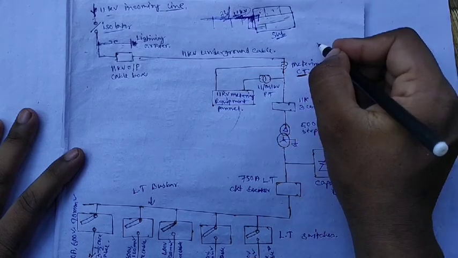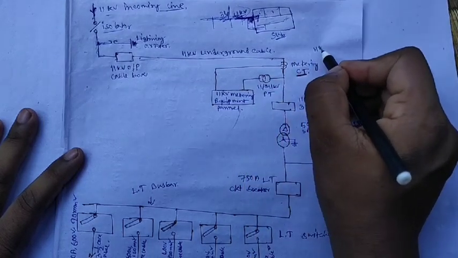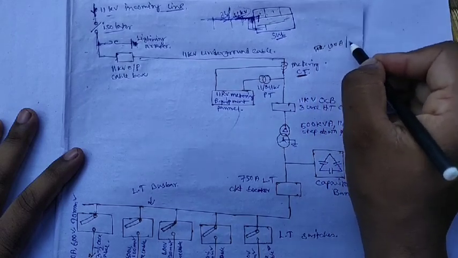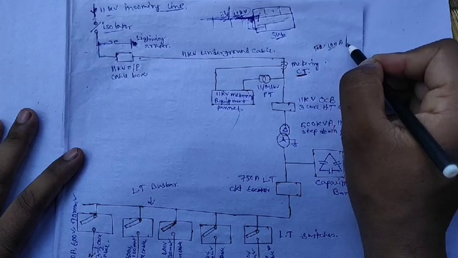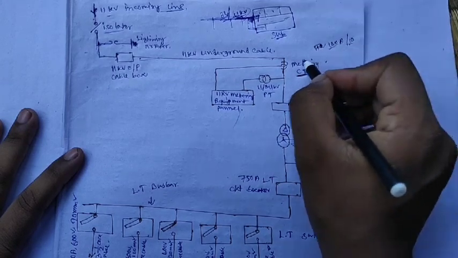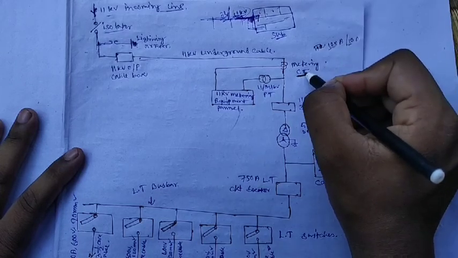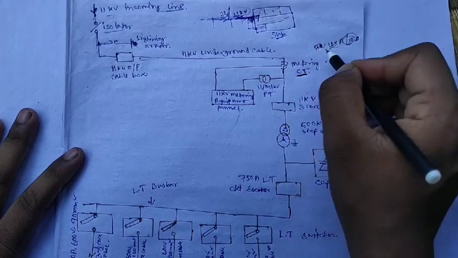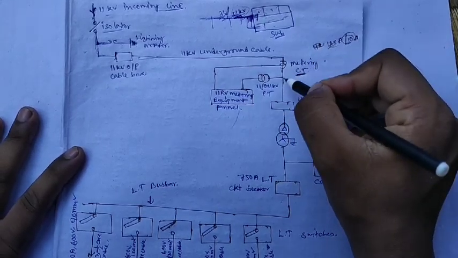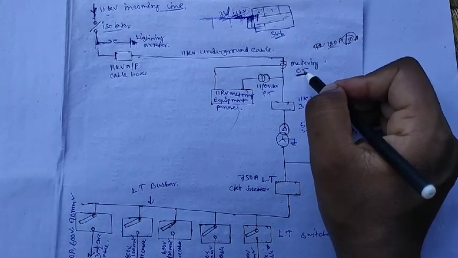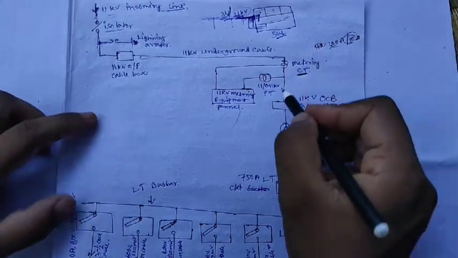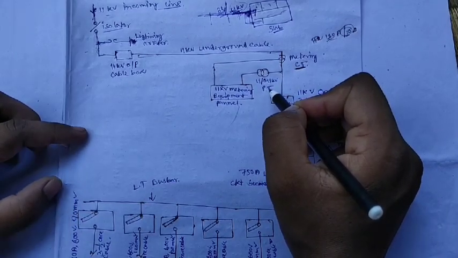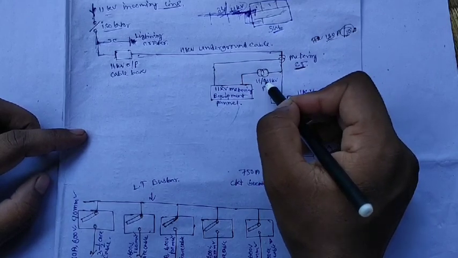Suppose this line is 11 kV with 100 ampere. The CT steps down this current to 10 ampere, so we can read this value on a 10 ampere ammeter, and from it we read the 100 ampere current. I just took an example, but the current is very high here, and we use the CT to measure the current. Also we use the potential transformer, and the potential transformer rating is 11 by 0.11 kV.